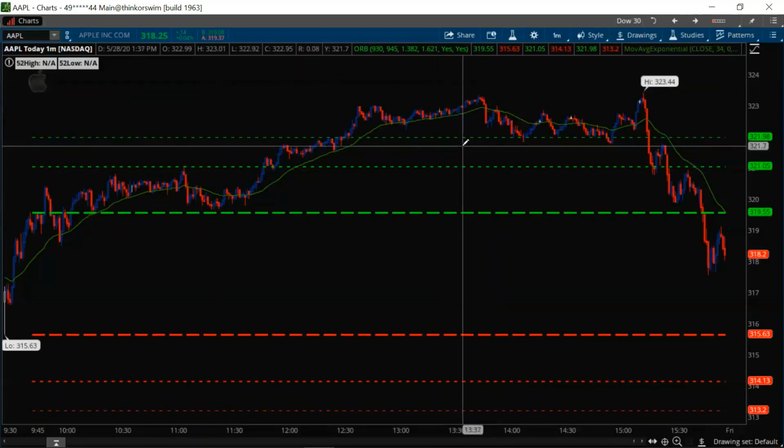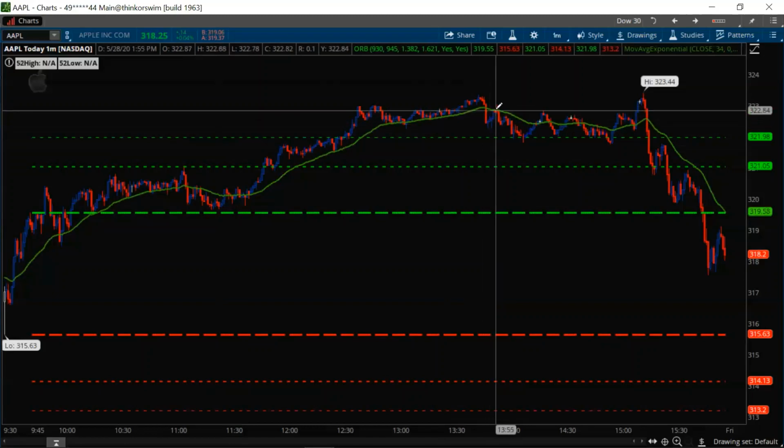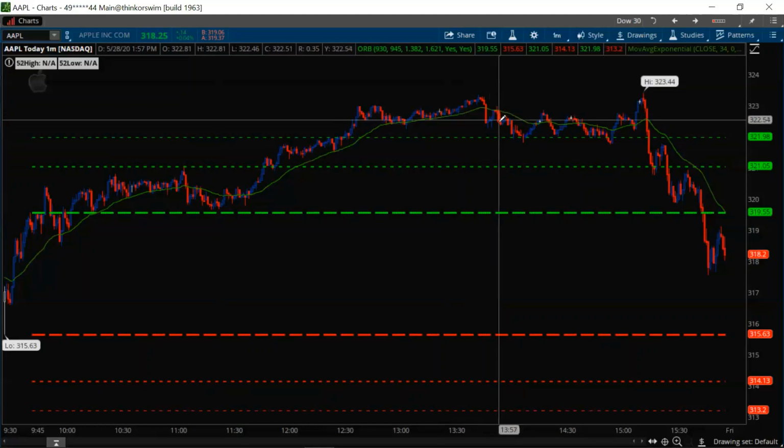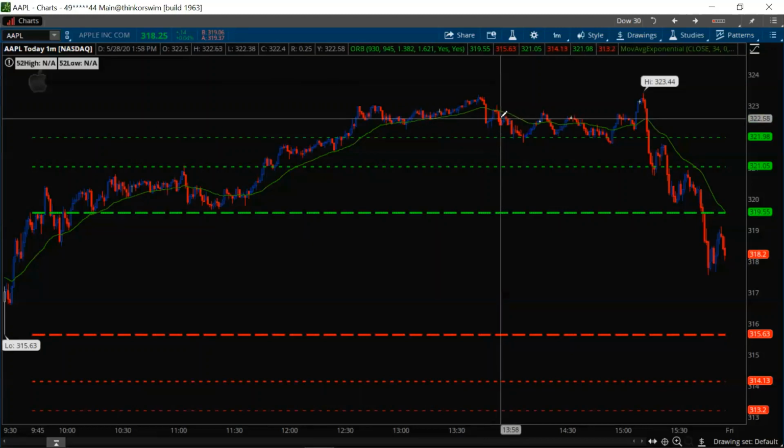So what we're watching now is, do we have confirmation that we're staying below the 34? You can see that it drops, it comes back to test the 34, and this is now acting as resistance. So for me, this is a good place to exit. If we exit somewhere up here, this is